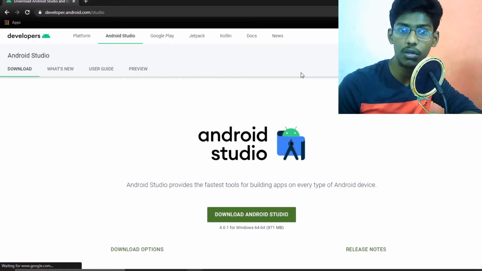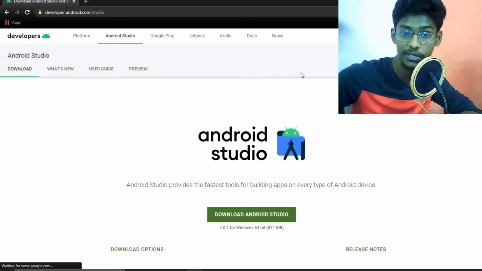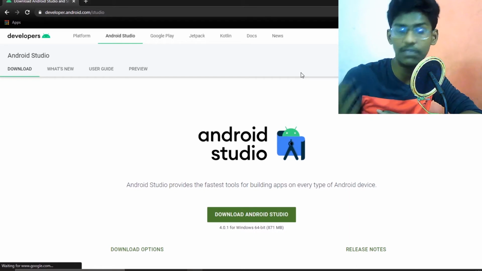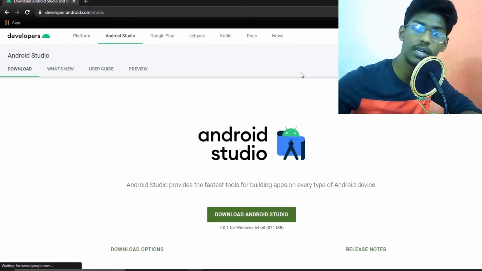And in this video we are going to set up the environment for Flutter in Android Studio. If you have installed Android Studio and it isn't supported on your computer or laptop, then kindly skip this video and watch the next video, because in the next video I will be giving you a tutorial on VS Code. So if Android Studio is not supported on your computer, or if it runs very slow, you can choose that alternative.